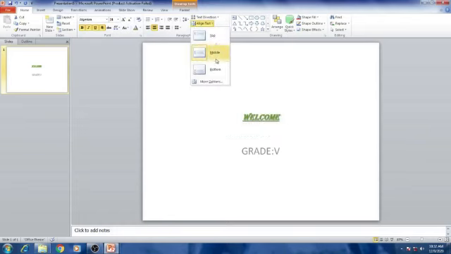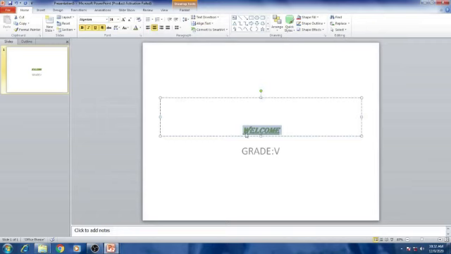If I choose the bottom option, the text moves to the bottom of this placeholder. So moving the text in a vertical manner is known as vertical alignment. There are 3 options for vertical alignment: top, middle and bottom.